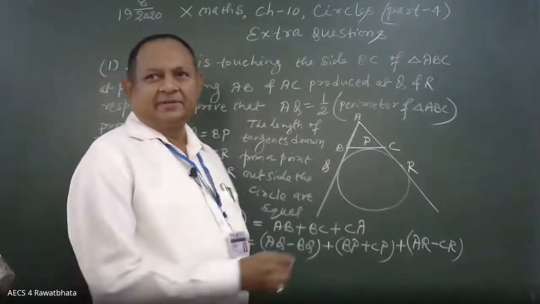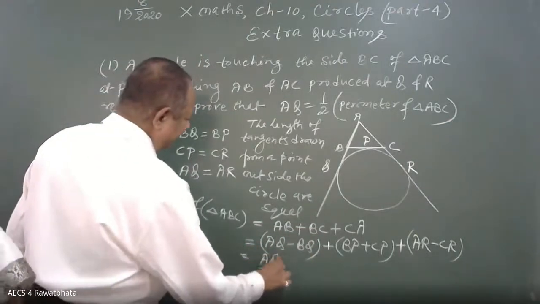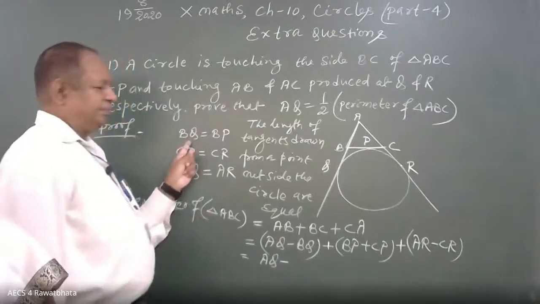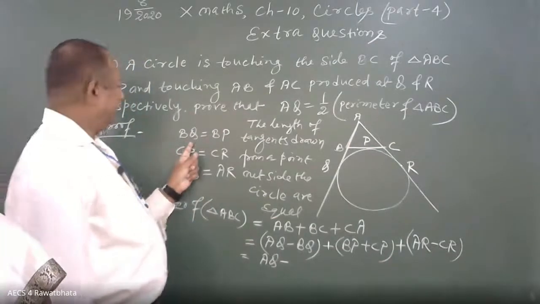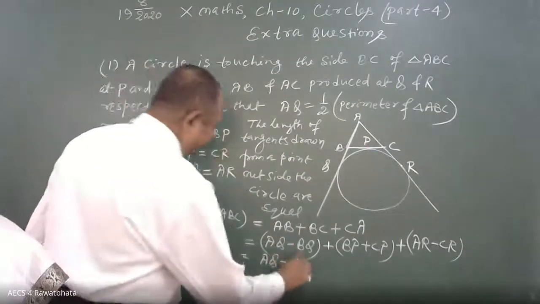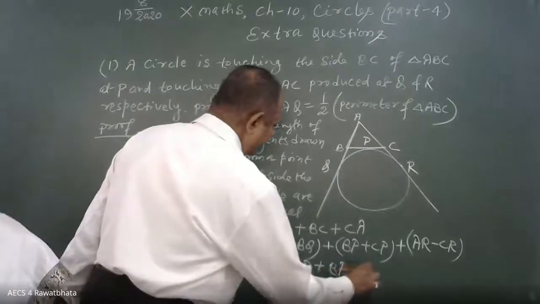Now this can be written as AQ minus, in place of BP, we can write BQ, which is equal to BP, plus BP plus